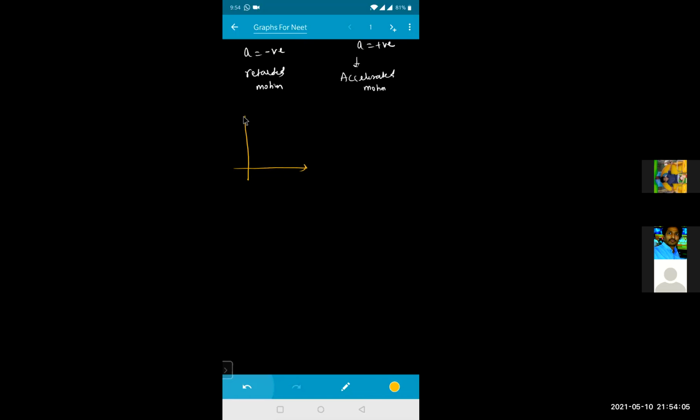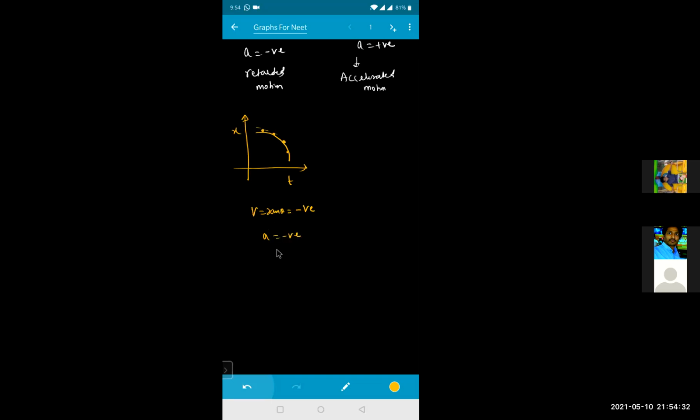If I'm drawing the graph like this, this is your x versus t graph, and the slope of this one is like this. So if I'm coming from this position to this position to this position, what is happening to V? V is equal to tan theta, and that is negative, because theta is increasing from here. If I draw a tangent, it will be here, here, and here. So the tan theta value is increasing, and acceleration will also be negative.